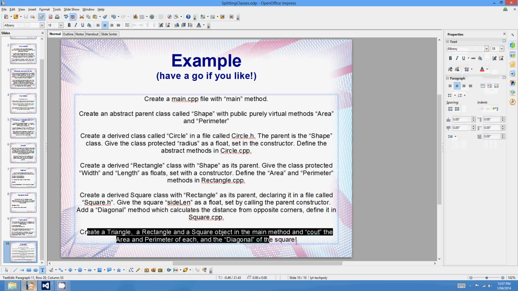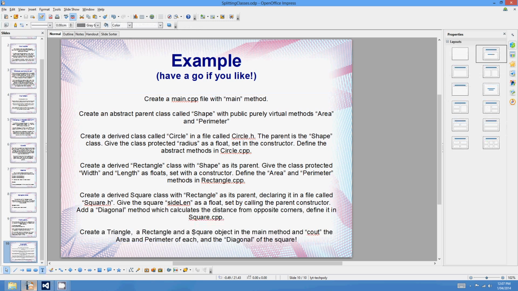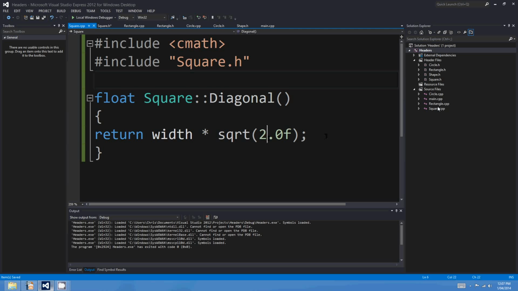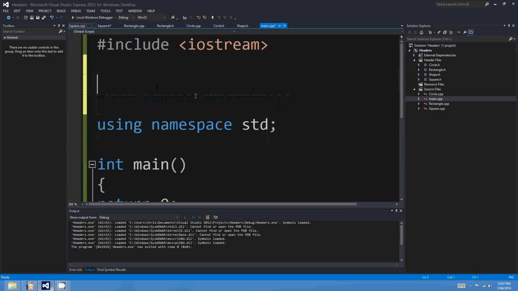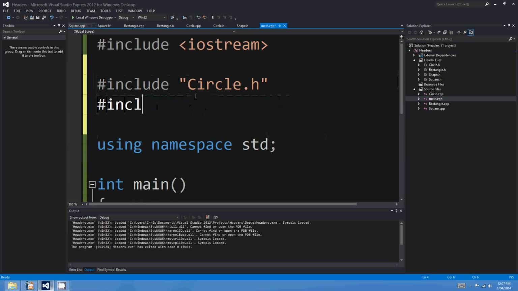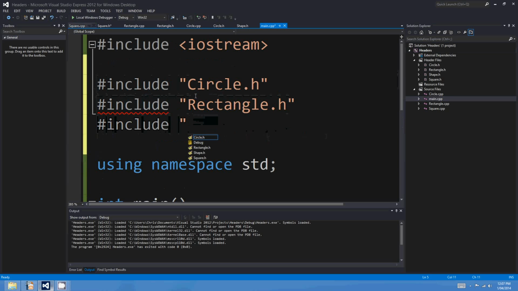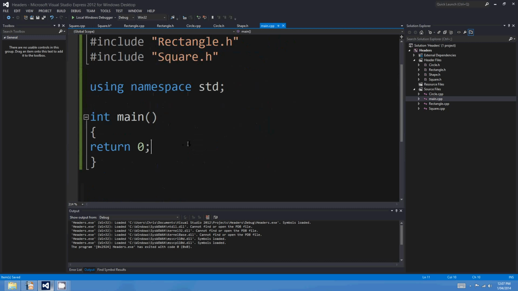Calculates the distance from opposite corners. Okay, so we've done that. Now the final thing is we want to create instances of these classes in our main file and call those methods to see what happens. So the first thing that we want to do is include the headers for the shapes that we're going to be using in our main.cpp file. So this is perfectly fine. It's not going to lead to duplicate symbols because they've all got guards about them. I might just put in cin.get down here